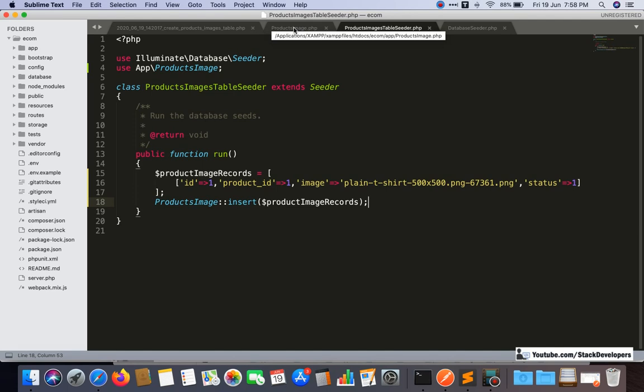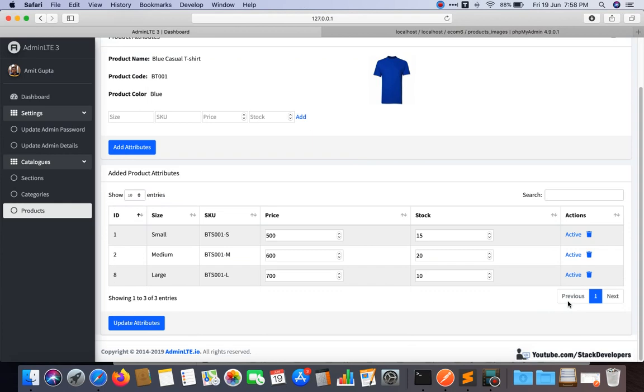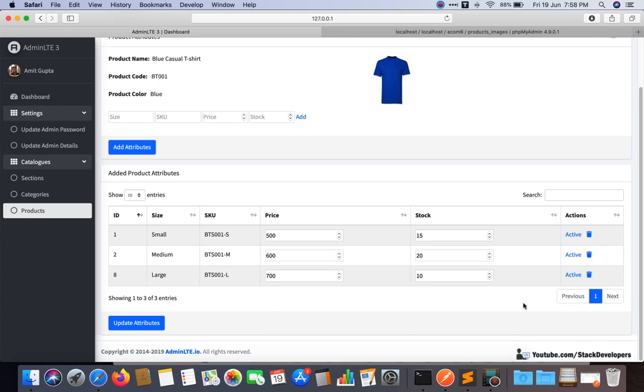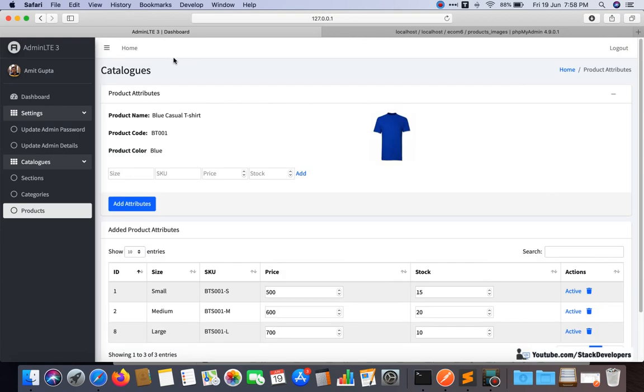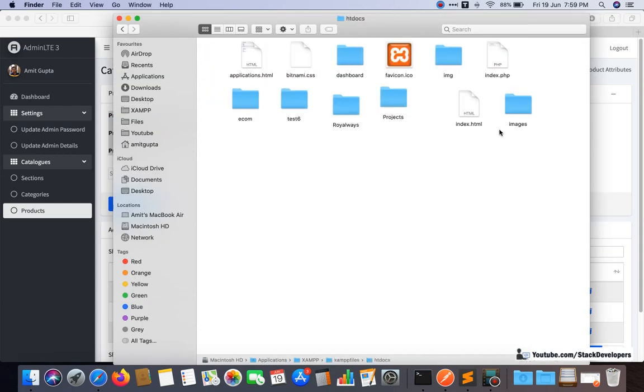We are going to insert those from our pages. From the next video we are going to work on that: we are going to make the view and add page, and the view page. Such kind of page we are going to make in the next video, an identical copy of this one, and in that this information will come: product name, code, color, and the main image will also come up here, along with add image. In the basic series as well we have done this thing. I want to show you once how we did it in the basic series.